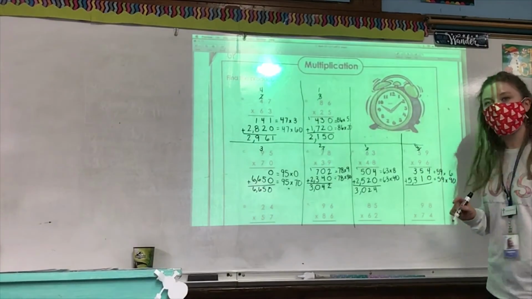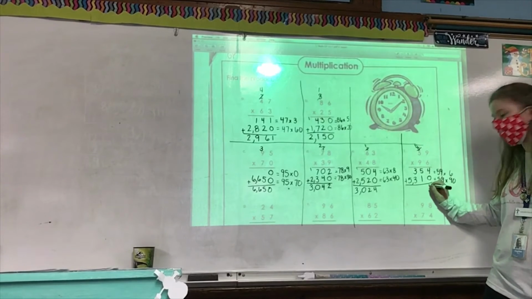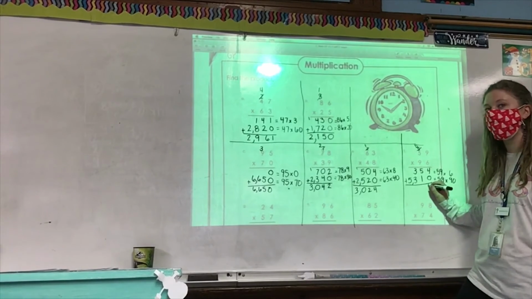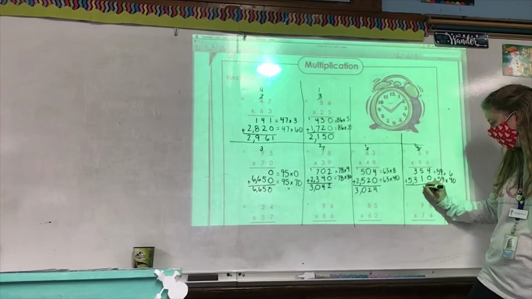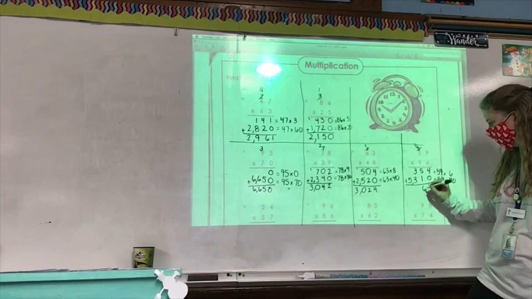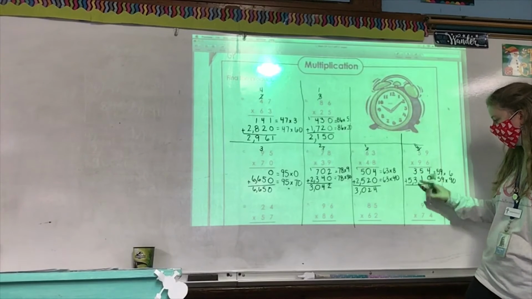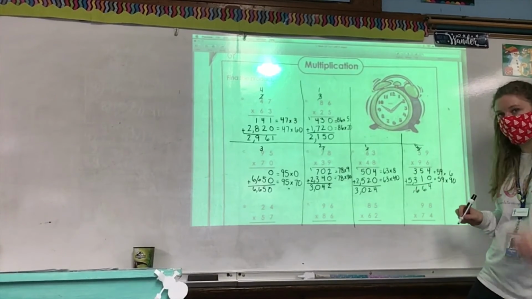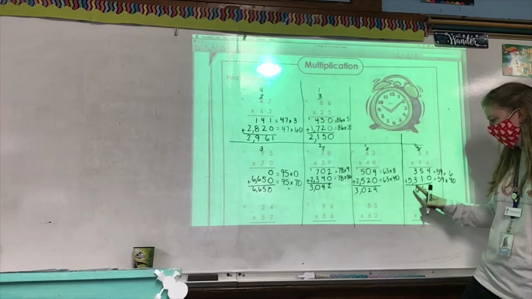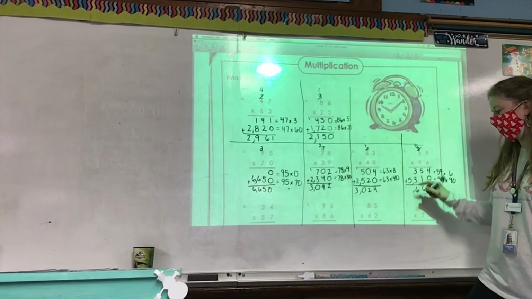Okay, Ethan. We're starting with the ones place. 4 plus 0 is 4. Add the tens. 5 plus 1 is 6. Add the hundreds. 3 plus 3 is, bring down our comma because it's always going to line up in addition and subtraction. Add the thousands. 5 plus nothing is,